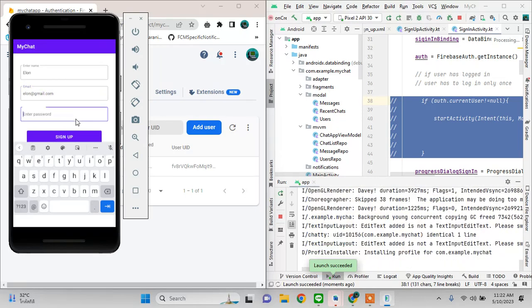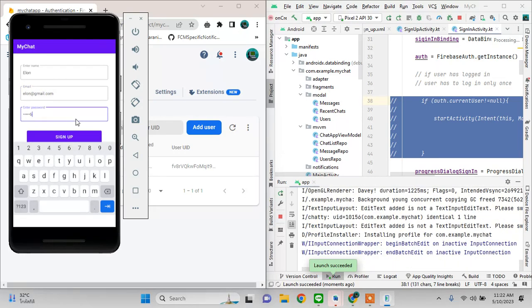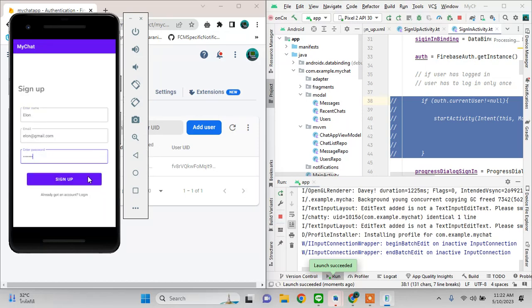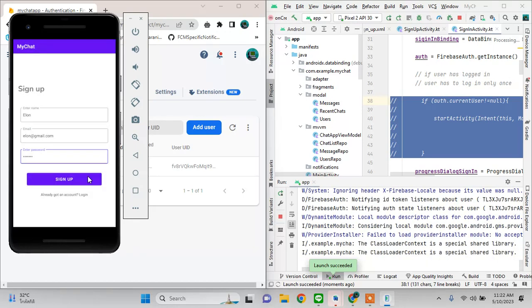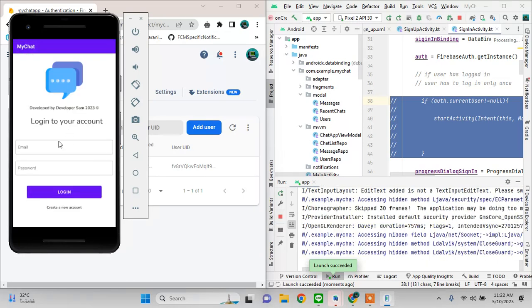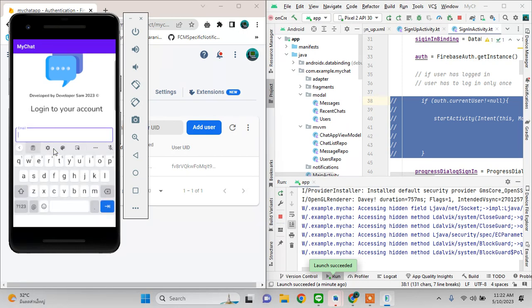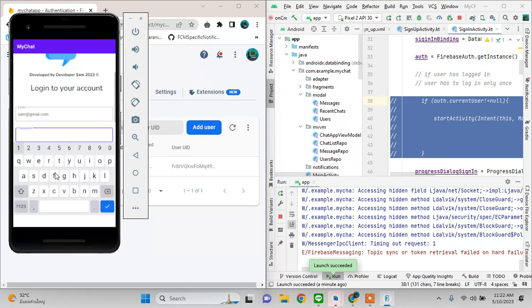elon@gmail.com, 1 2 3 4 5 6 7, clicking on sign up. Okay, now it is taking me back to the login screen, right? This is what was purposely intended. Now if I just type sam@gmail.com, 1 2 3 4 5 6 7,